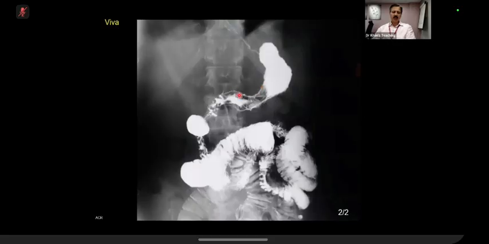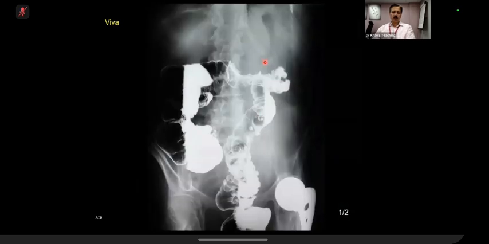There is loss of distensibility of this stomach, which is classical for linitis plastica. But the learning point here is how it has caused external or extraneous indentation of the